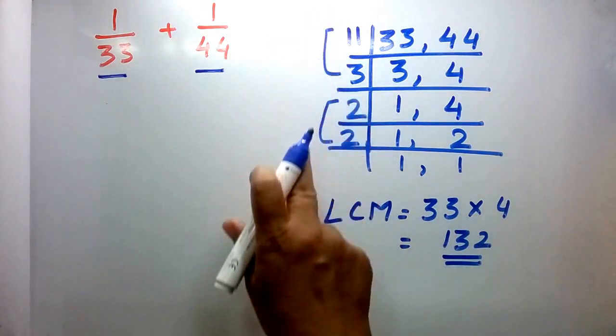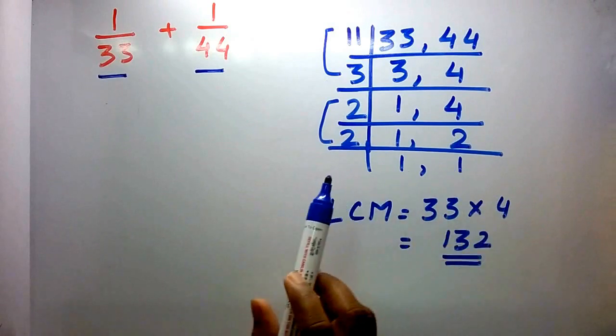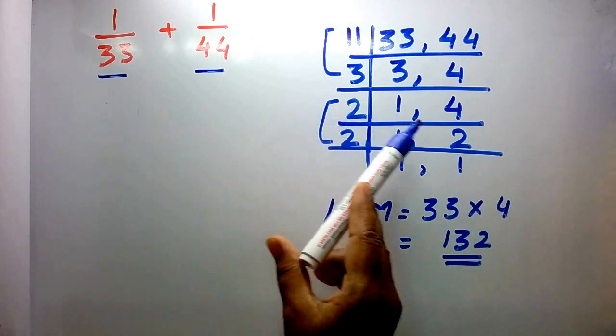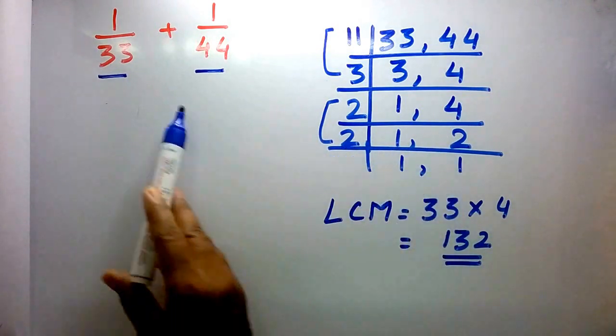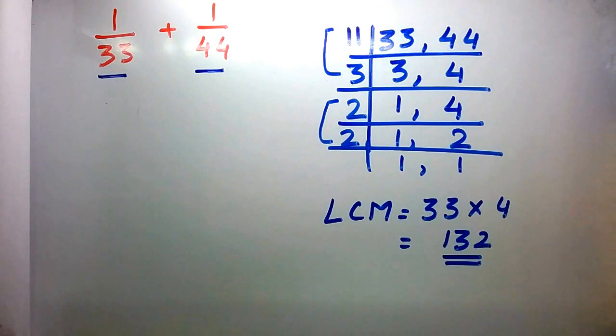That's why I told you, whenever you're writing, please write, even if it is 4 and no other numbers are there, still write down, use only the prime numbers. Use 2, 2 2s are 4, 2 1s are 2, because now when you're writing and calculating this, it will be very, very helpful to you.